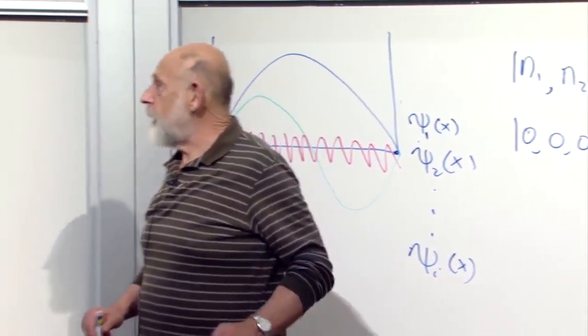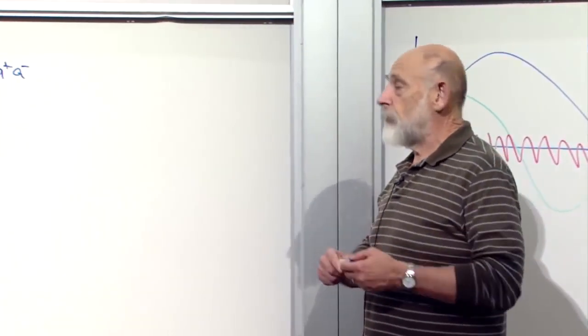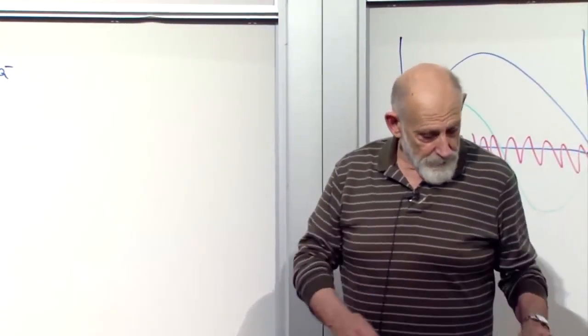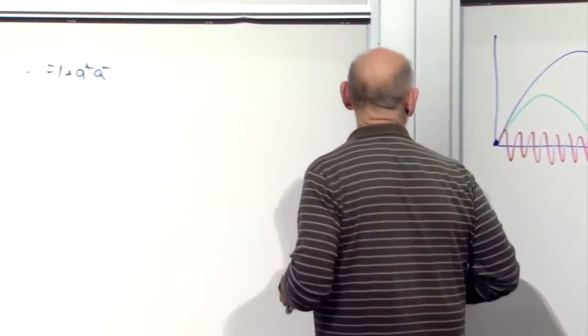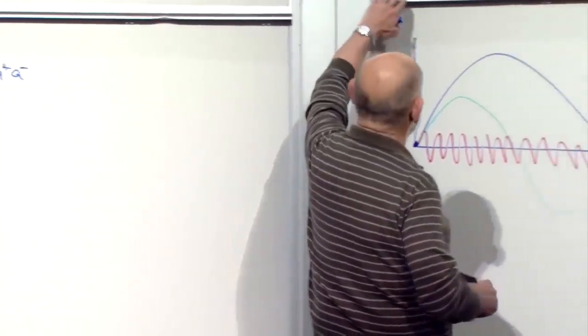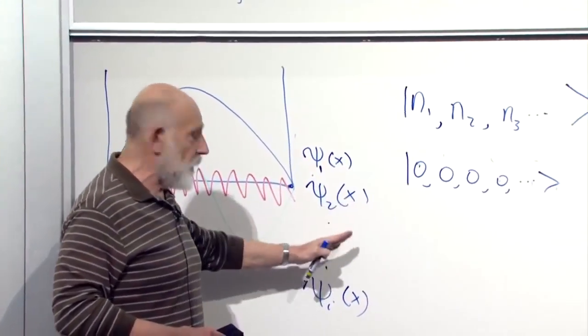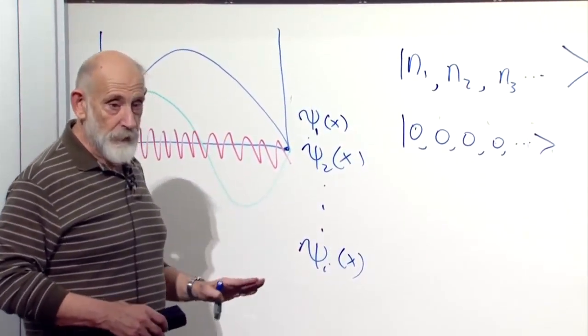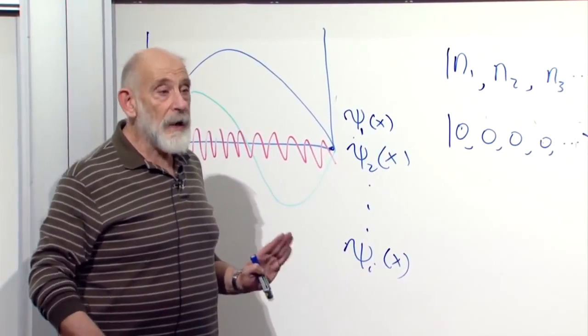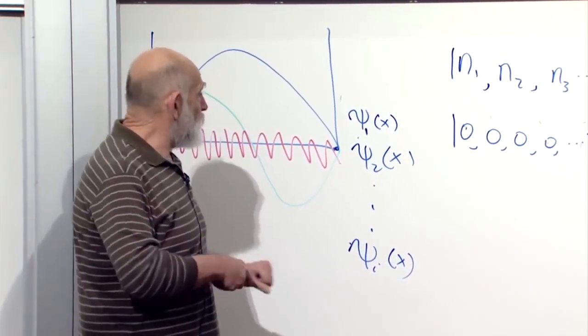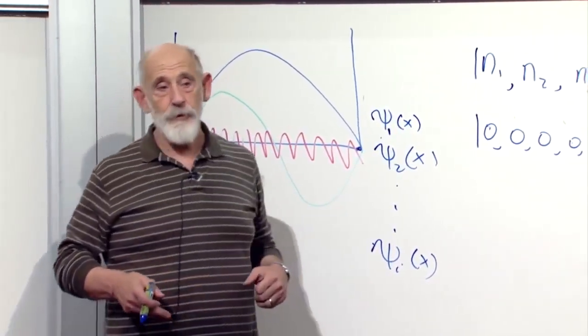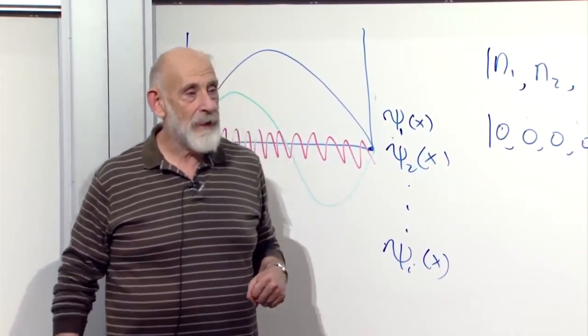While we're at it, let's write an expression, which we can now do, for the energy of the system. In order to write an expression for the energy of the system, we need to know the energy of each one of these wave functions. Each wave function has associated with it an energy eigenvalue. What shall we call them? The energies. We could call them E, couldn't we?